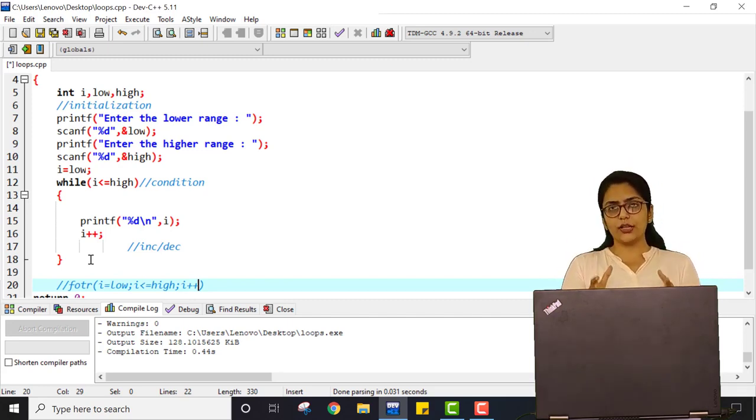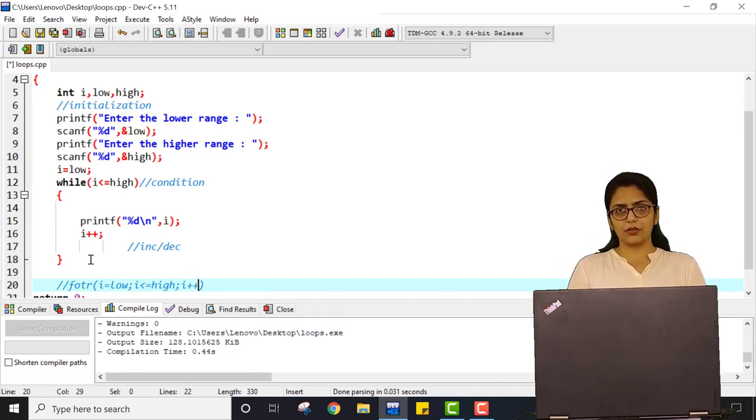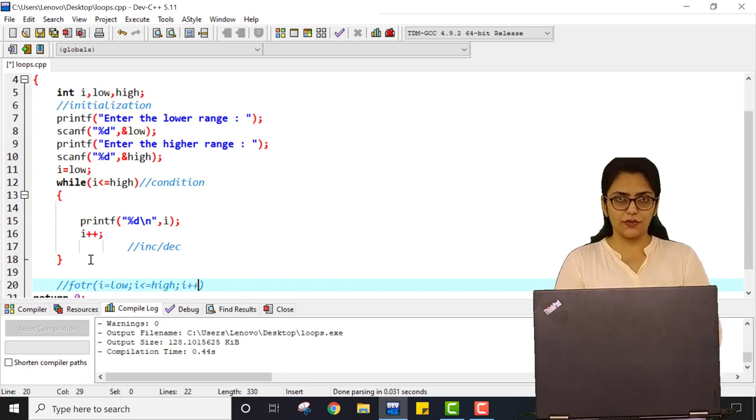So if I ask you a question that the minimum number of times a for loop or while loop can be executed, it is 0. Because if the condition is false for the first time only, then the control cannot go inside the loop and it will be exited. Right? So the minimum number of times a for loop or while loop can be executed is 0. Now this is all about entry control loop, in which you will check the condition first. You will initialize, then you will check the condition. If the condition is true, then only you are going to go inside the loop, and you will check the condition after each iteration, where the value of loop variable will be increased or decreased.